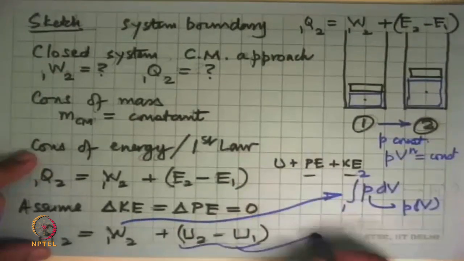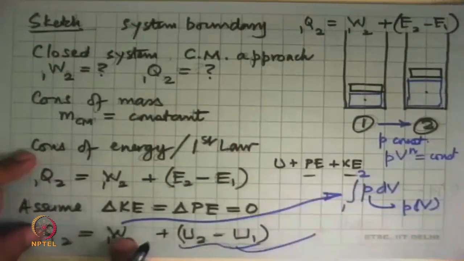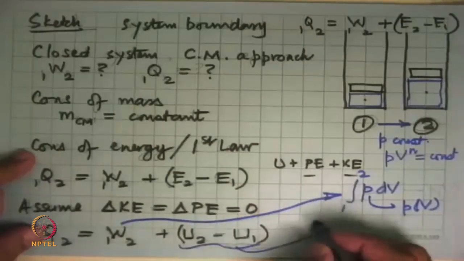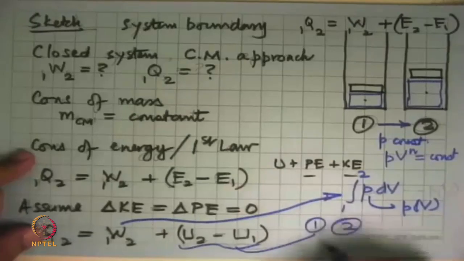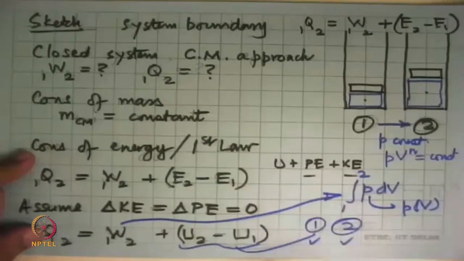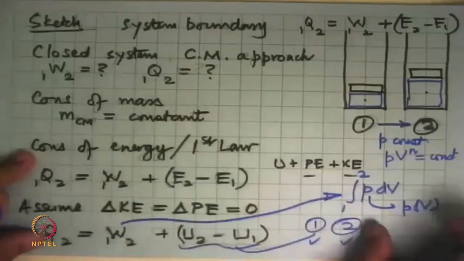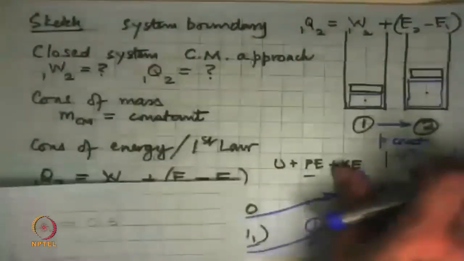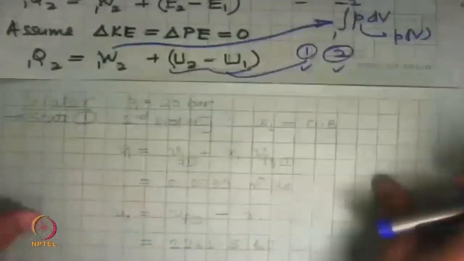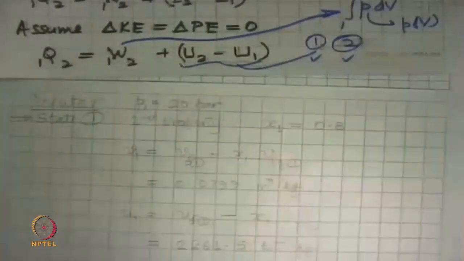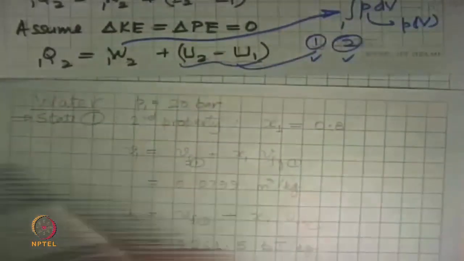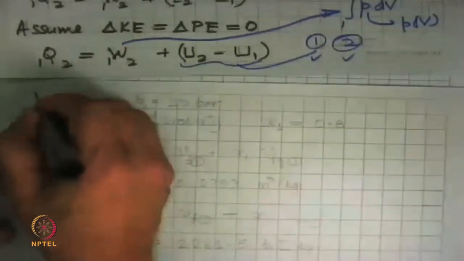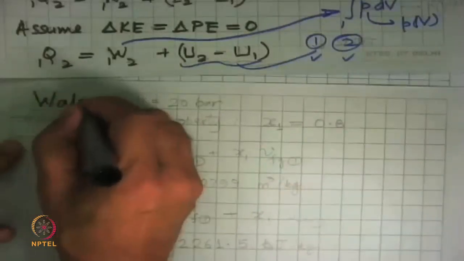Then we say, well, how do we calculate? So that will give us the work, but to calculate heat, we need to calculate this term also. And for that, we need to know fully states 1 and 2. We need to know all the properties in these two states. So let's see, what do we know about the states? To do that, we need to know first what is the working substance. And now we'll solve the problem, assuming that water is the working substance.